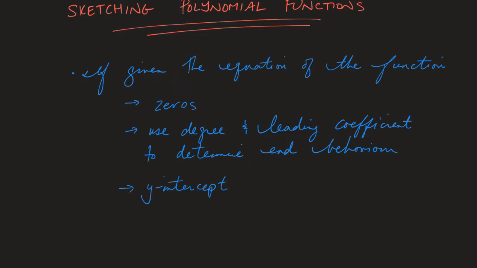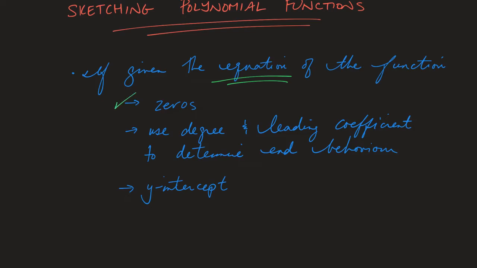So if you take a look at the screen in front of you, in blue, you're given the first process. And you'll notice it says if given the equation of the function. So if you are given the equation of that function in any form, then there are three things that you have to do. It's not always going to feel like three items on a list, but it's going to be a step-by-step process. And so what you'll see is that step-by-step process. That is,